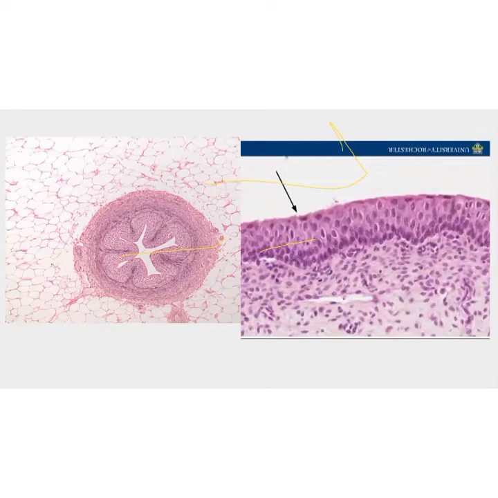So 1 to several layers of cuboidal to low columnar cells are present. The superficial-most layer has umbrella-shaped cells or bulbous cells, sometimes binucleated, which are differentiated to protect the underlying cells. So the umbrella or bulbous cells are protecting the underlying cells against the potentially cytotoxic effects of the hypertonic urine.